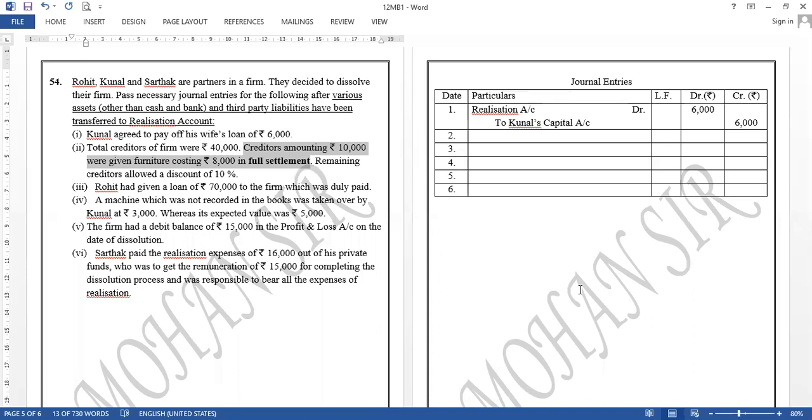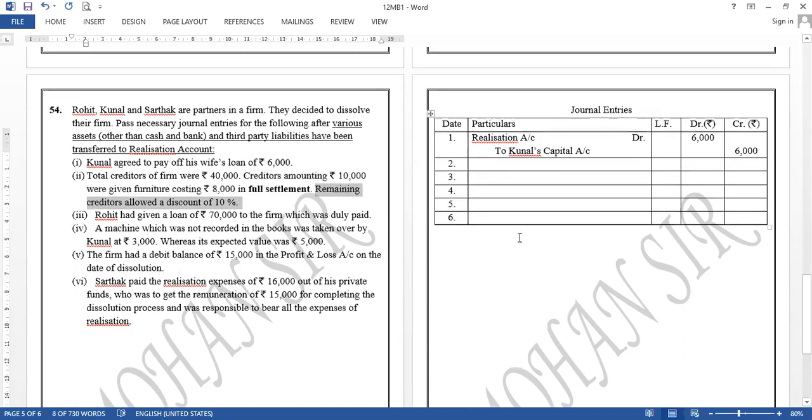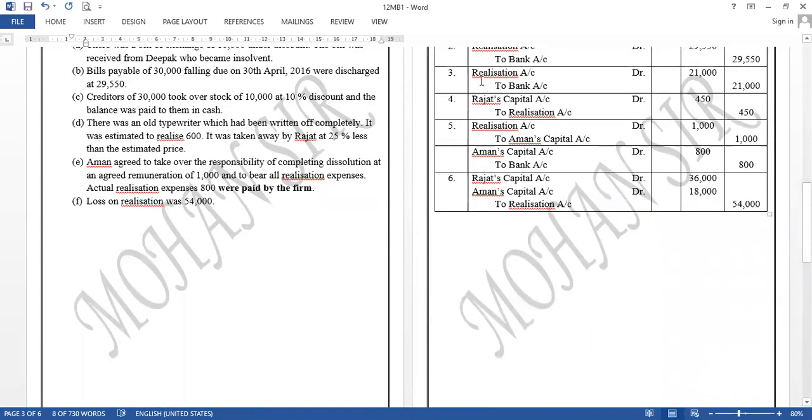No entry. No entry, sir. Yeah. Yes, I'm sure like you also wanted to answer the same thing. No entry. और बाकी के जो है ना उसमें realization to creditors. Realization to bank. हाँ, bank. बैंक सॉरी, creditors तो आ ही नहीं सकता ना. Okay. हाँ सर सॉरी भूल गया.